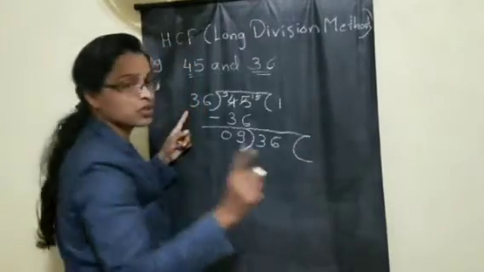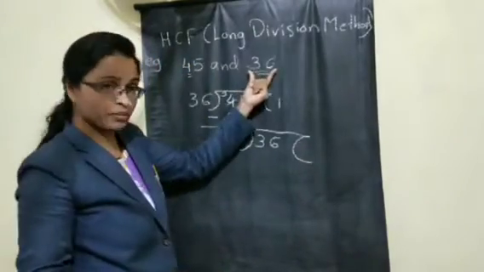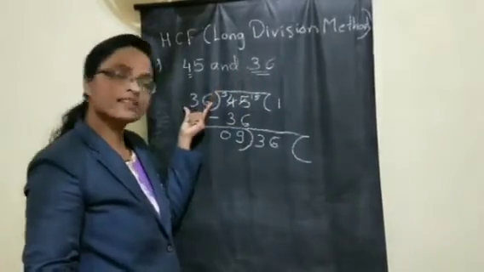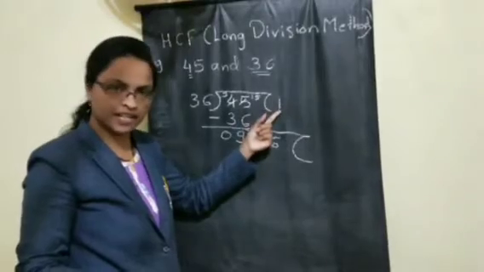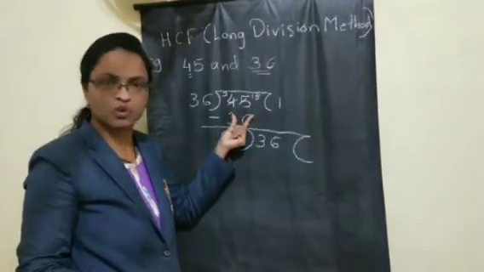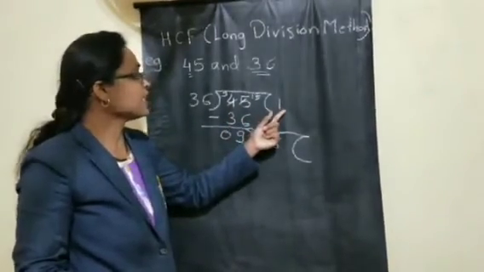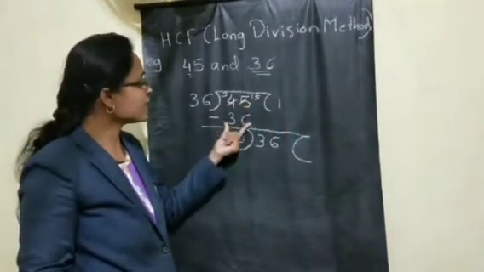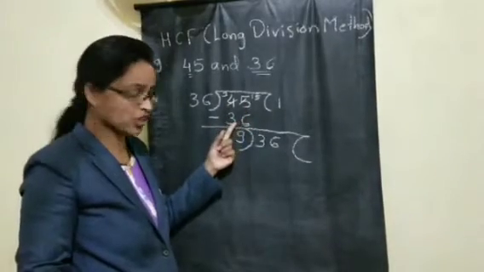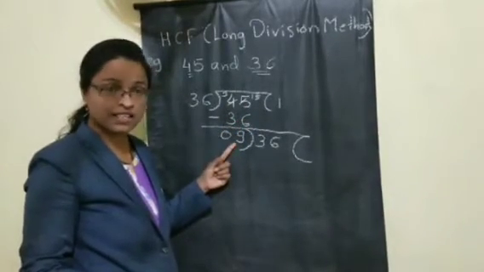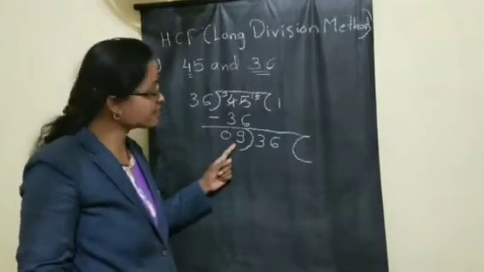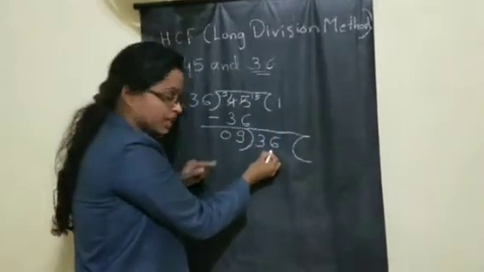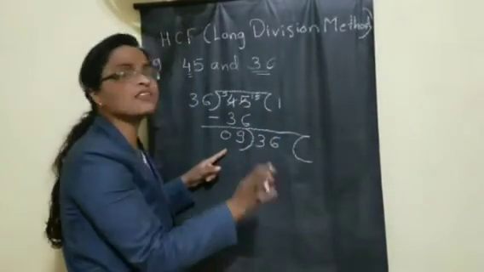Okay, see here what we have done. From these two numbers we have taken the bigger number as the dividend and the smaller number as the divisor. We have divided with the closest smaller multiple. After dividing, whatever the quotient is, we write it on the right side. Now after getting the number, we have done subtraction. After subtraction, we got the answer 9. Now 9 is the new divisor and the old divisor is our new dividend. Again we have to divide now.